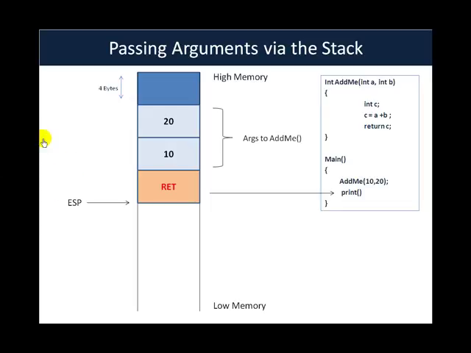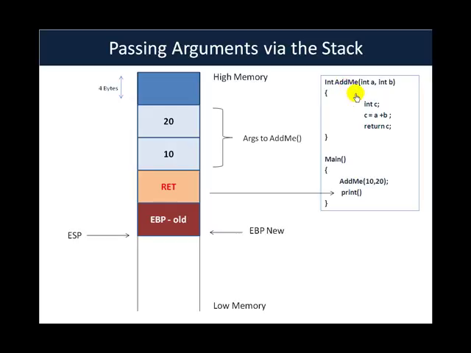So to do that, one needs to understand that the EBP register itself might have been locally used in the main function for various things, and thus even its state needs to be saved. So the first thing one does once we enter the addMe function is to go ahead and save the old value of the EBP register. Once this is done, ESP is updated to this point pointing to the top of the stack. Now we go ahead and copy the value of current ESP into the EBP register. Once this is done, the EBP register always points to the top of the stack as far as the local